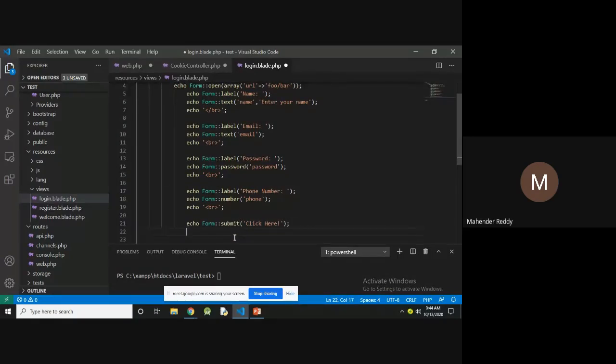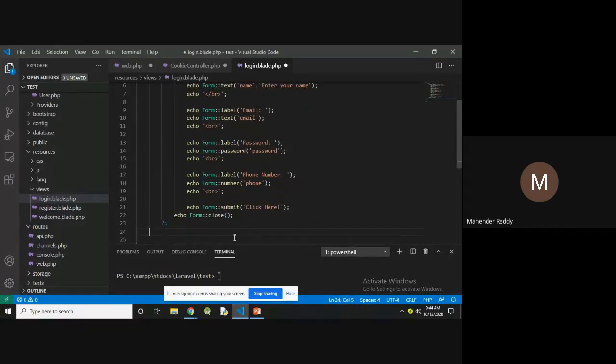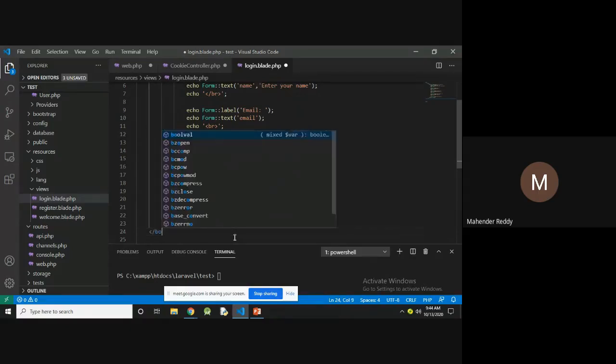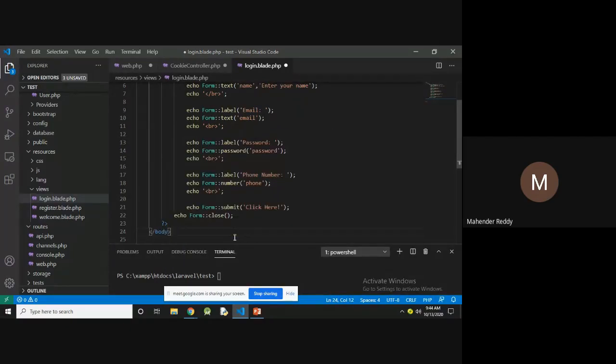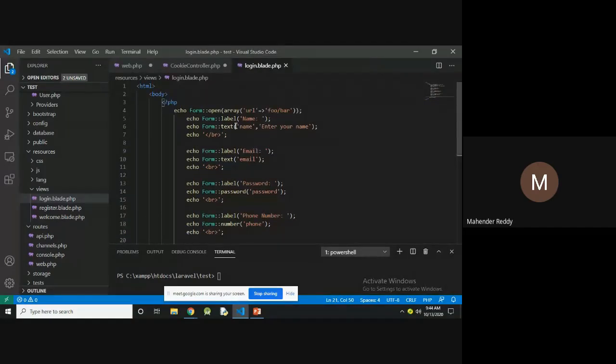Now I created the simple form that consists of name, email, password, and the phone number. After that I'm closing the form with Form::close, closing the body part, and closing the HTML. So now the view file name is login.blade.php.